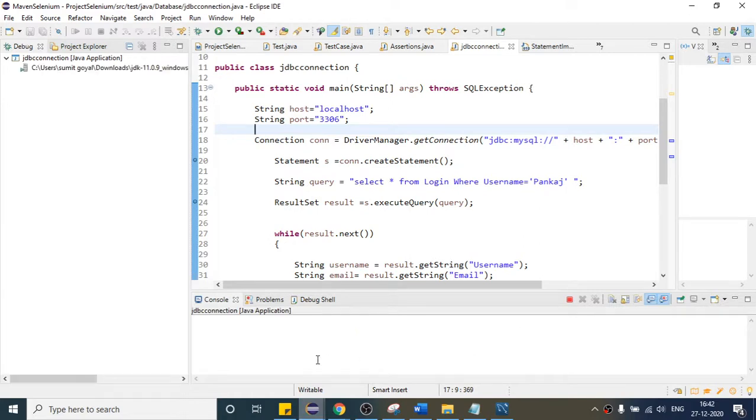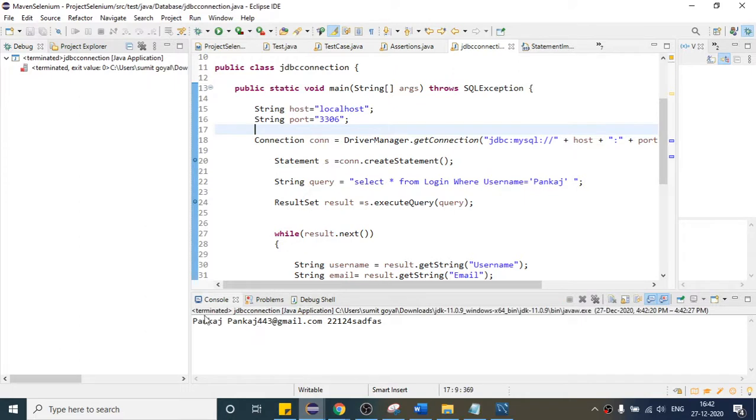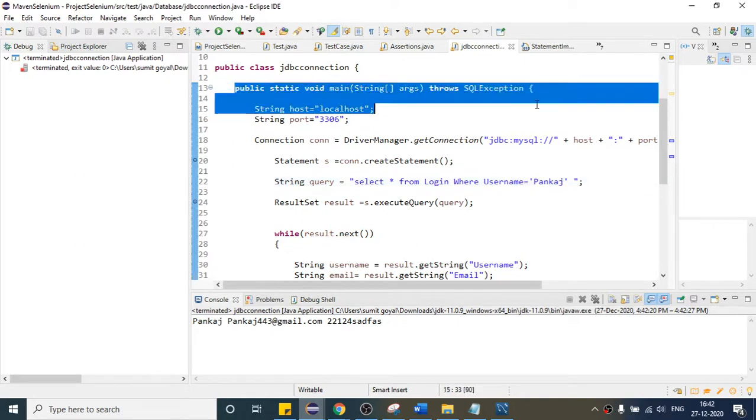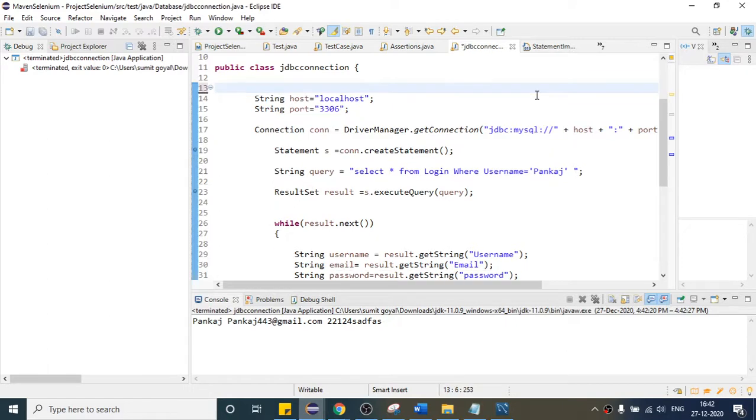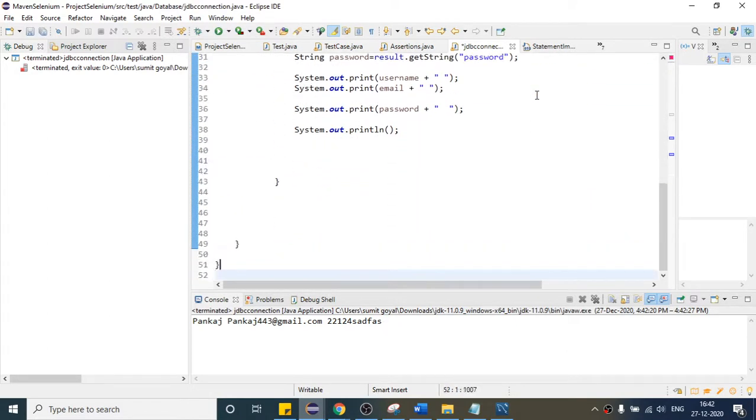So Pankaj data should only come, right? Because we are clearly telling it to select all the data from the table where username should be only this, right? So instead of updating the name here, I will create one method for that so that we can update the name.